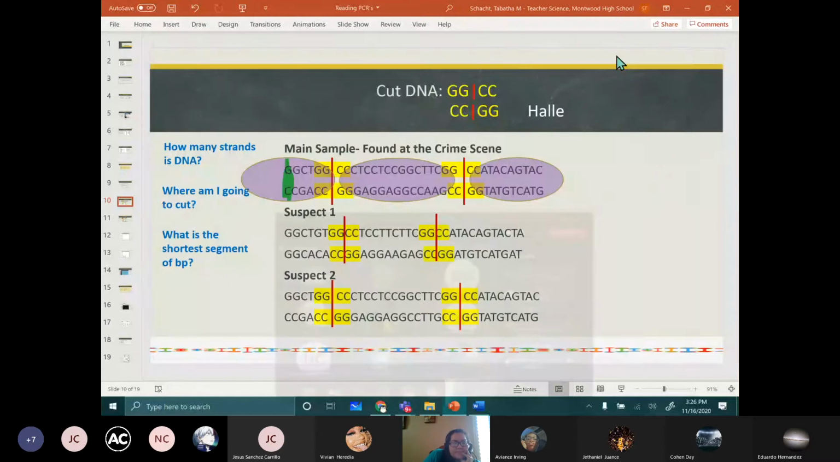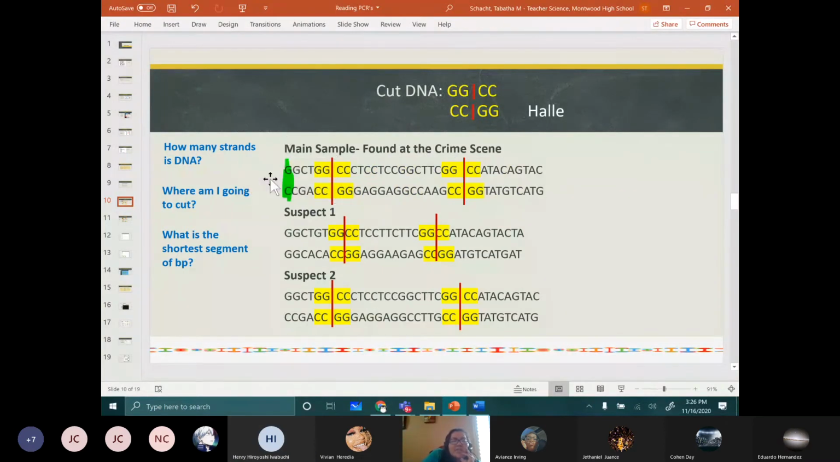Henry, are you there? Yes, ma'am. How many fragments do I have in the sample right here? 3? Yeah, very good. I have 3. 1, 2, 3. So the next thing we're going to do is figure out how many base pairs are in each fragment. So you're going to count how many base pairs are in each fragment. And then I want